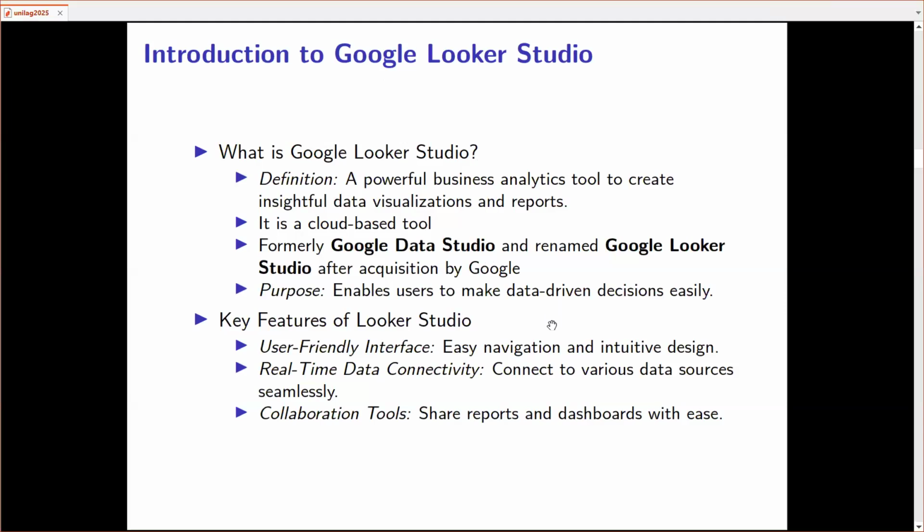Unlike other applications that you will need to install, it is a cloud-based tool. It was formerly called Google Data Studio, but was renamed to Looker Studio after the acquisition by Google.